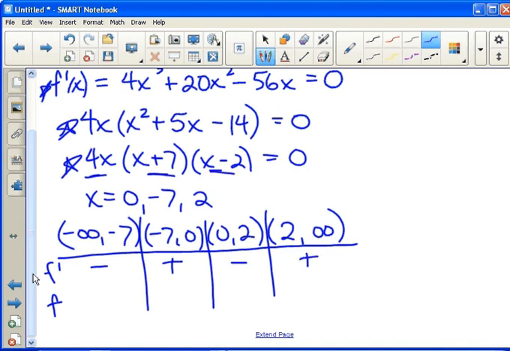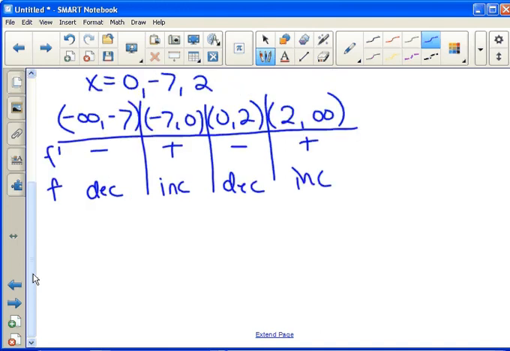A positive in the derivative implies the original is increasing. And we just follow that pattern all the way through. So now we clearly have where the function is increasing and decreasing and on what intervals. Now we can use this same information to draw a quick sketch: decreasing, increasing, decreasing, increasing, and see that we